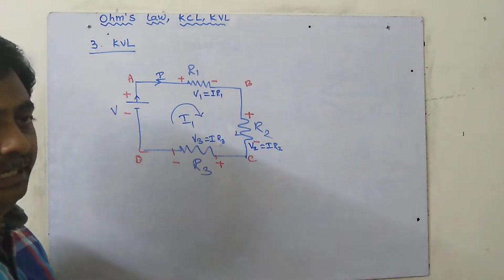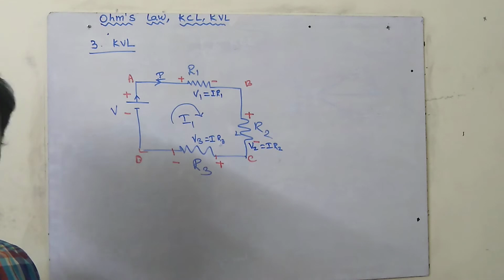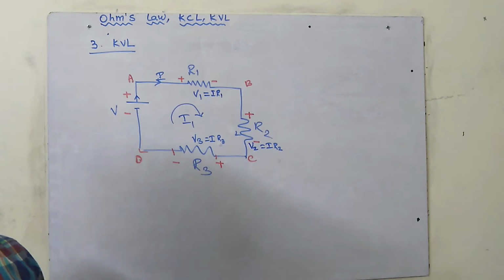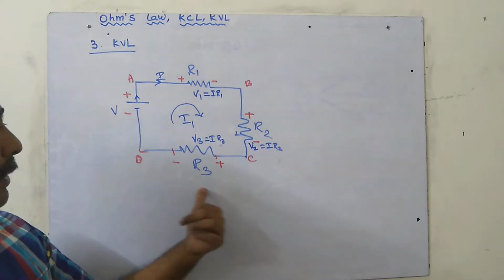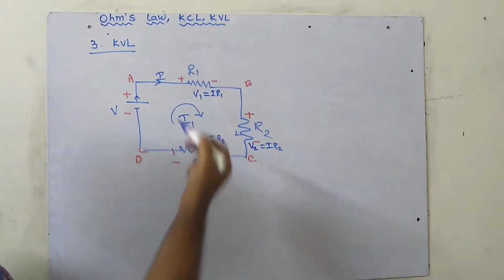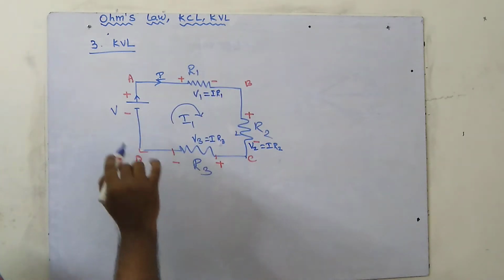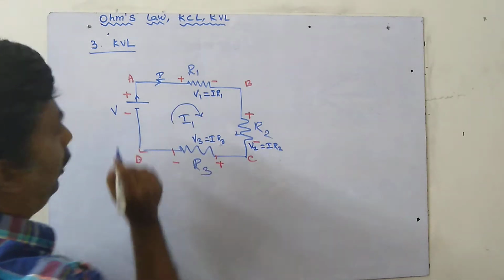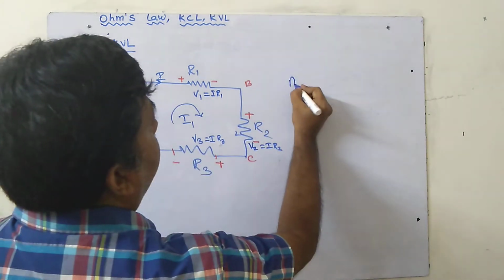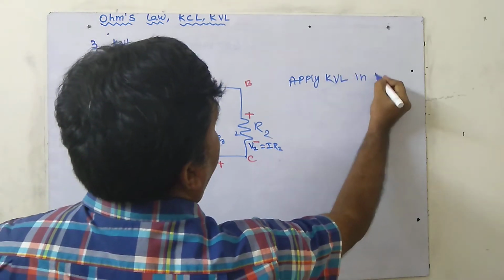Second thing, I will explain it clearly how to apply KVL, because we have to apply KVL in many areas. In circuits, during Thevenin's theorem, Norton's theorem, many theorems, there are chances to apply this. Directly we cannot solve. So first we have to assume the current direction. We know the current direction will be clockwise. Next, incoming current equal to positive, outgoing current equal to negative. Actually, I should not go clockwise, I should always go anti-clockwise. That is, apply KVL in anti-clockwise.